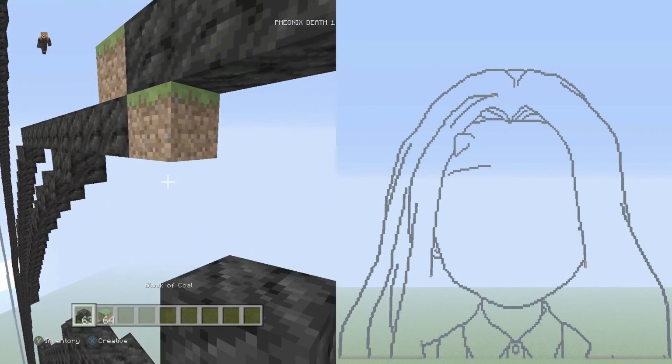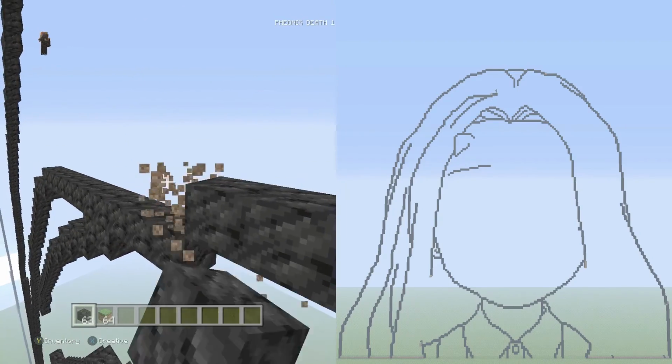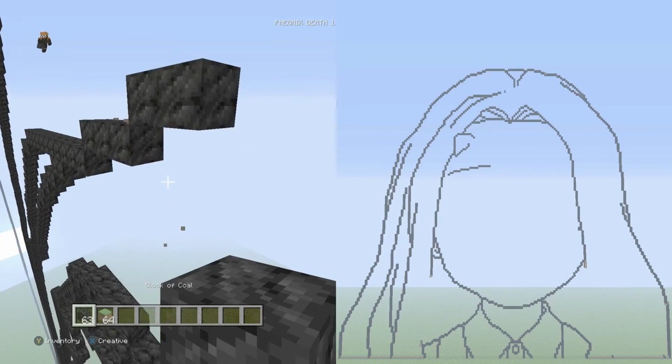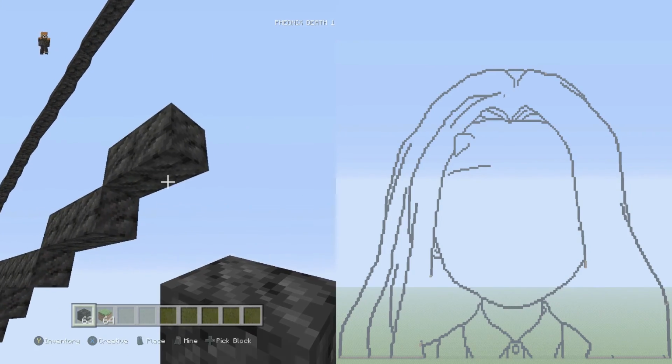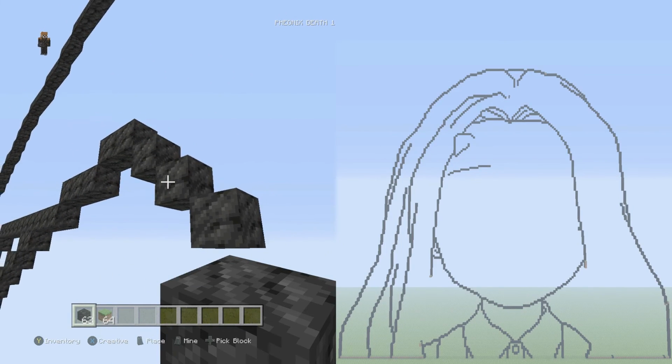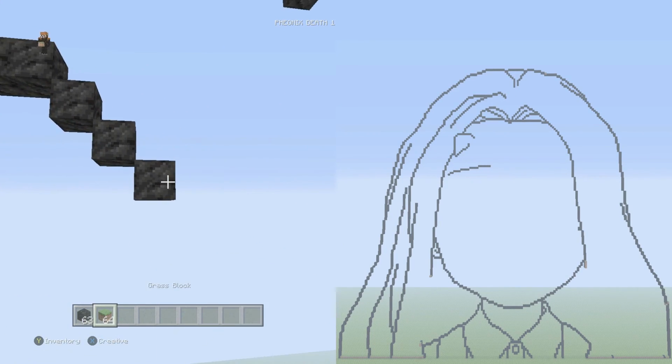1, 2, 3. Up into the right 2 flat. 1, 2. Down into the right 3 singles. 1, 2, 3. And from the 3 singles, what we're going to do is go to this bottom block right